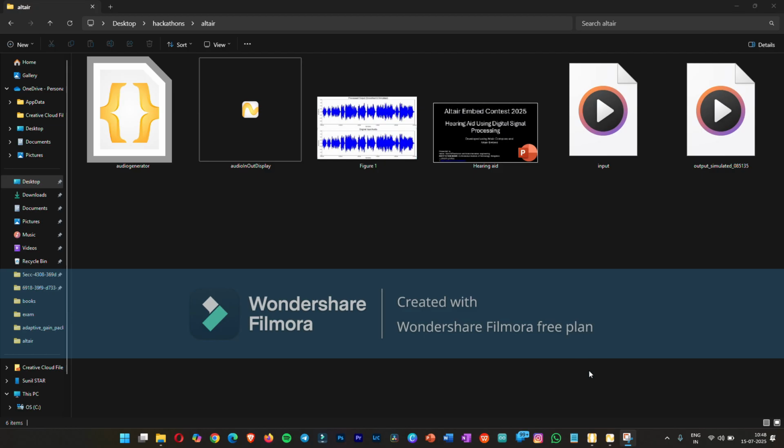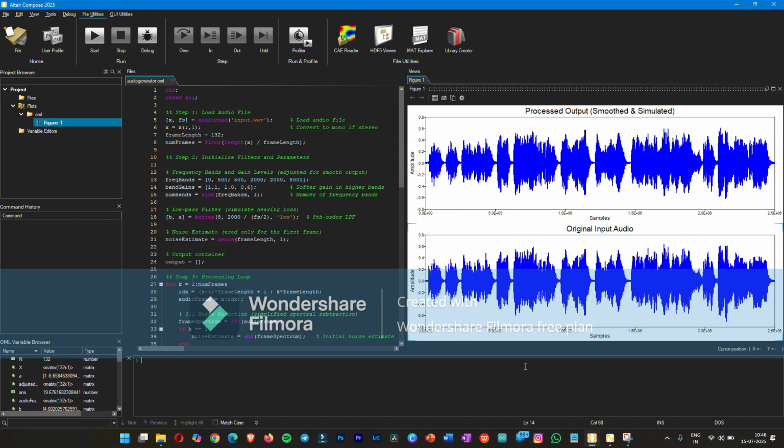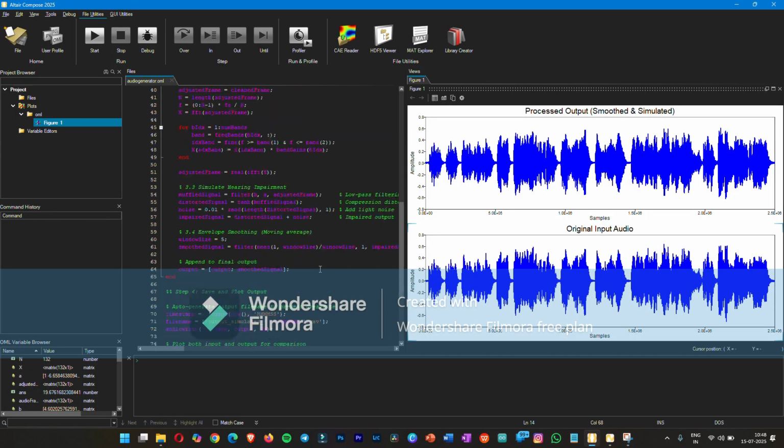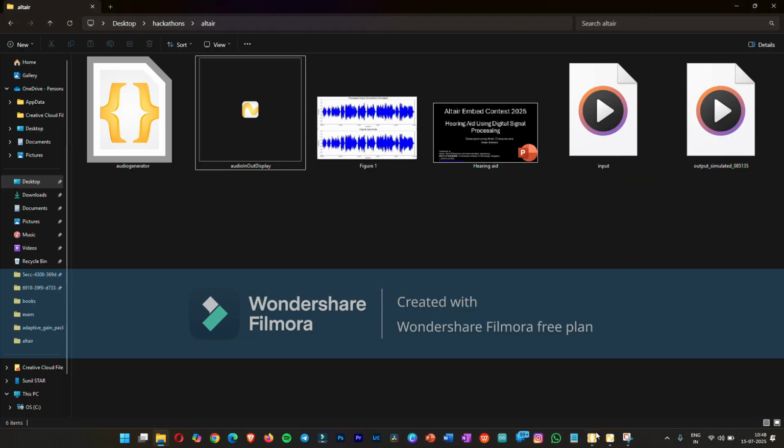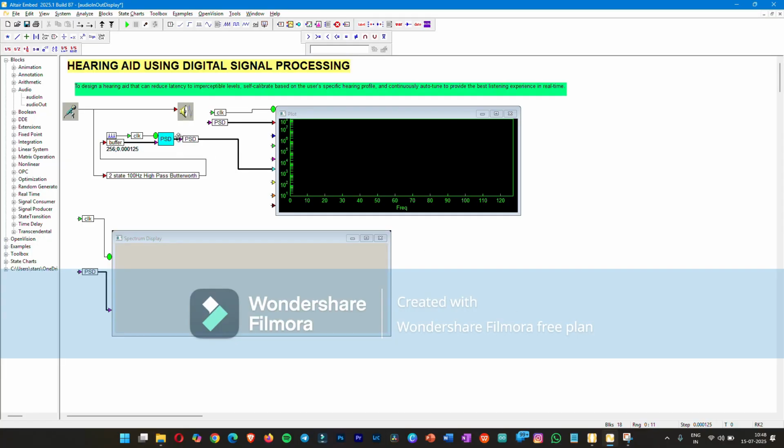So let's see the. So this is the program I used for DSP analysis. So this is the original output and this is the filtered one. So when I plot this graph and after running this, we get a file named output simulated. So this is where we can use it